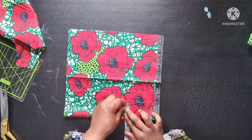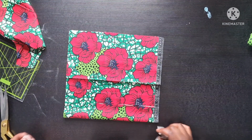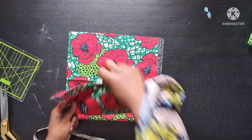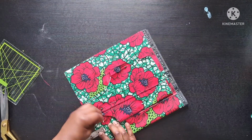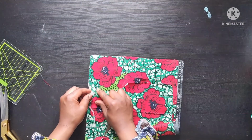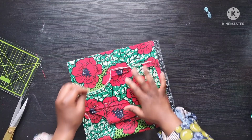You could do 1 inch here as well, it's up to you, but I like to leave enough allowance in case of any mistakes, because I'm still new to this, as some of you might know. So I try to leave enough allowance in case I need to adjust anything. So I've just drawn my 2 inch. That will be for our zipper, and I'm going to attach the front bodice, and I'm only coming down by 1 inch. Remember the front was 2 3/4, but for the back only 1 inch, and I'm just going to trace the front bodice,